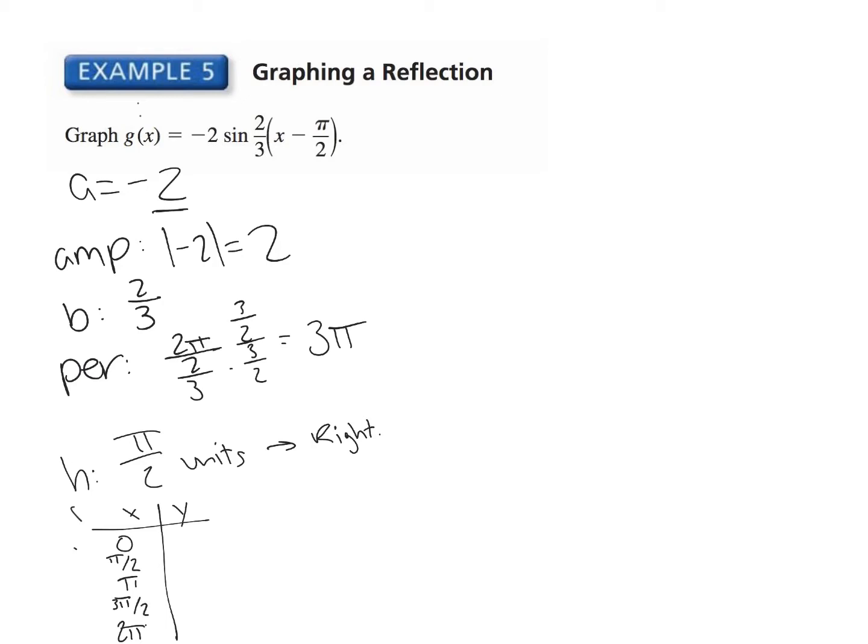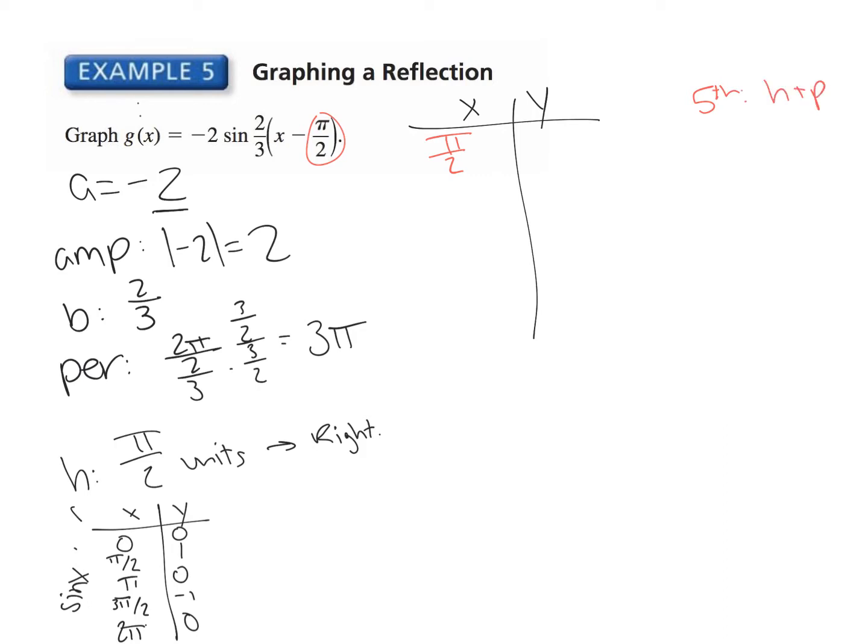So we take this, and this is the original sine graph, or the sine table: 0, 1, 0, -1, and 0. We're going to use that to make our transformation table. The first thing we're going to look at, our starting value, is H. In prior problems it has been 0 because there's been no shift, but this one has a shift of pi over 2. And then my fifth point is found by H plus my period, which is 3 pi. So I need to add 3 pi to pi over 2,